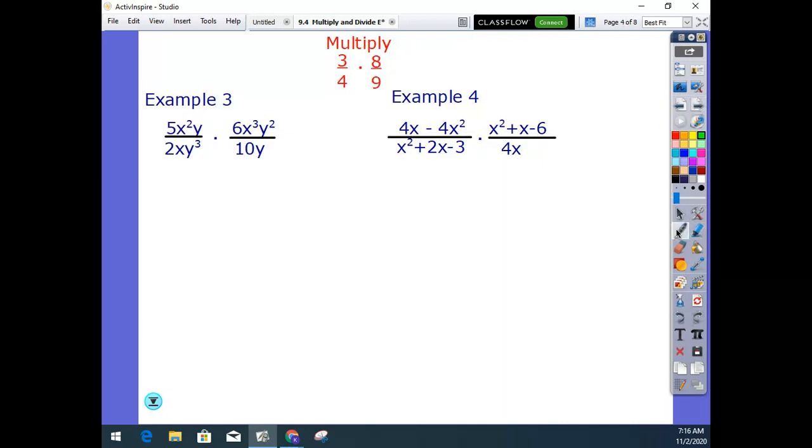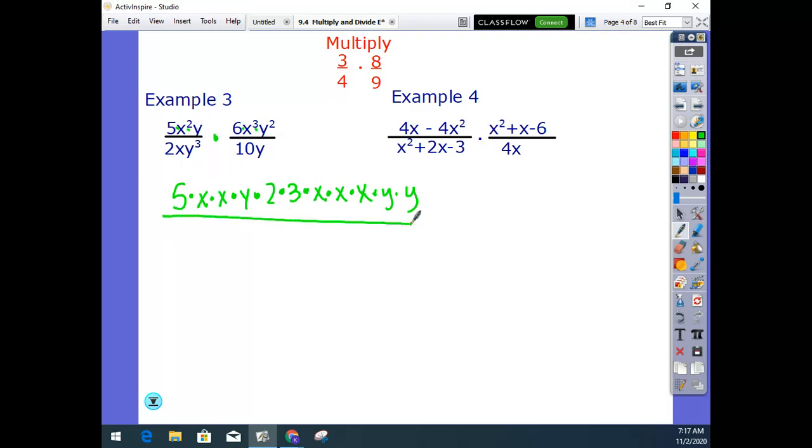Multiply is just an extension of simplify. So since everything is being multiplied here, technically what we could do, 5 times X times X times Y times 2 times 3 times X times X times X times Y times Y. Everything is being multiplied. We cannot do this if there is a plus or a minus. All over 2 times X,